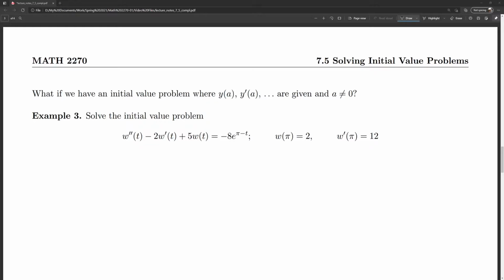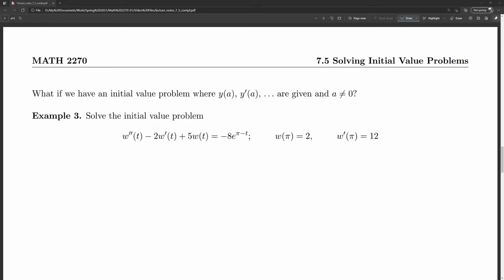So, for example, if we want to solve the initial value problem w double prime minus 2w prime plus 5w equals negative 8 times e to the power pi minus t, where the initial conditions are given as w at pi equals 2 and w prime at pi equals 12. So now our initial conditions are not given at 0. So what we're going to do is